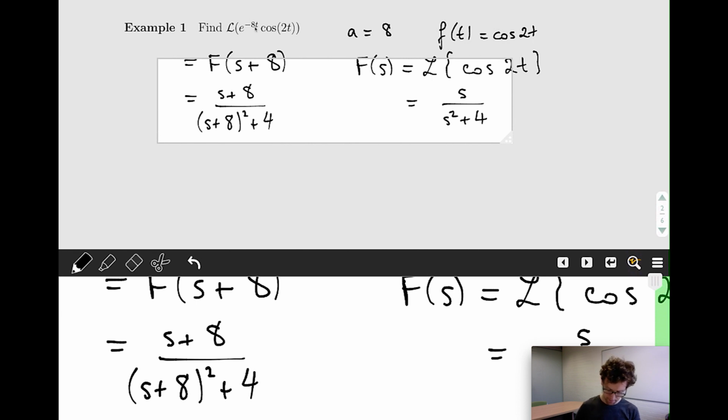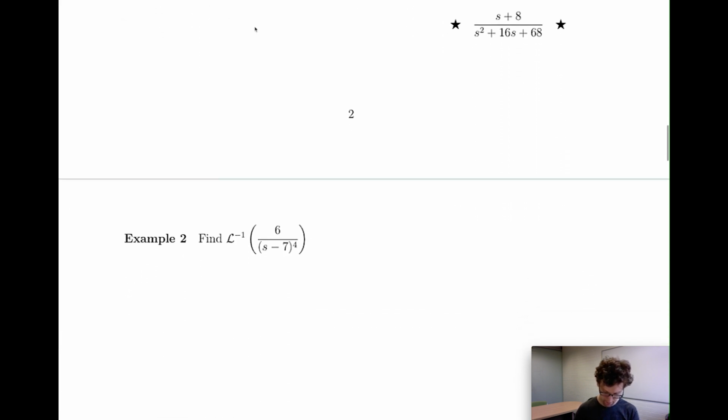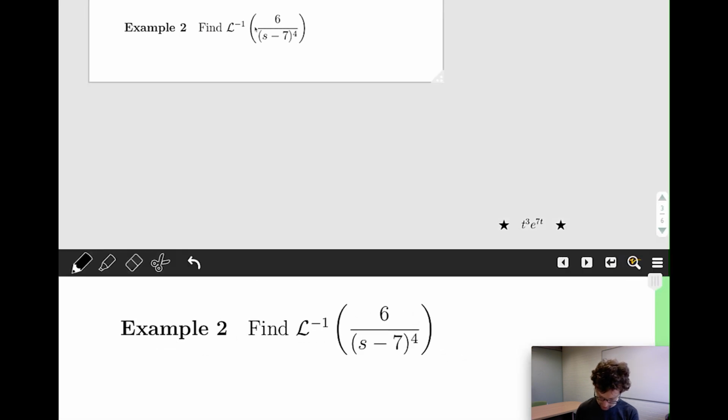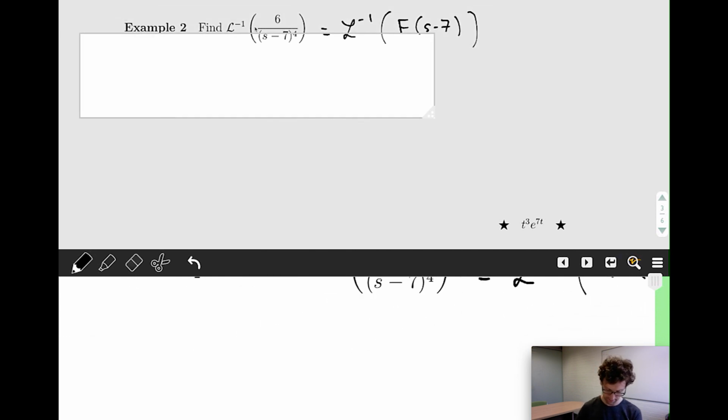So let's take a look at a slightly trickier example, looking at the inverse Laplace transform. In this case, what I've got to do is notice that this is actually the inverse Laplace transform of a function of s, where everywhere that s appears, it appears in the form s minus 7. That is, this is a shifted function of s. So F of s minus 7